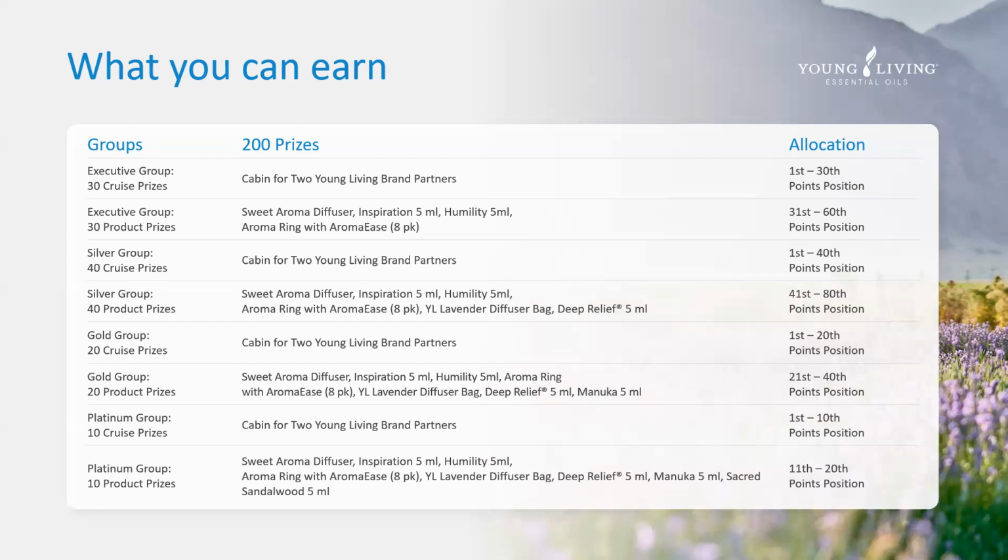So if you find yourself in 31 to 60th position, then you receive products. So you've got the beautiful aroma diffuser and so on. Then we have 30 cabins for executives, we have 40 cabins for silvers, we have 20 cabins for golds, and 10 cabins for platinums. And you'll see there that the remainder in that group as well also achieves up to, for example, 11th to 20th position. If you look at the bottom of the screen, if you're a platinum, you too would receive a beautiful product